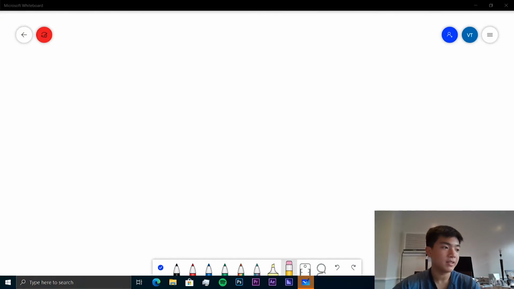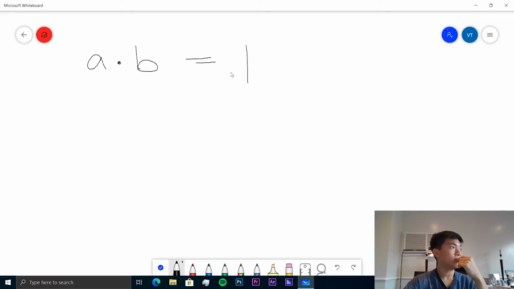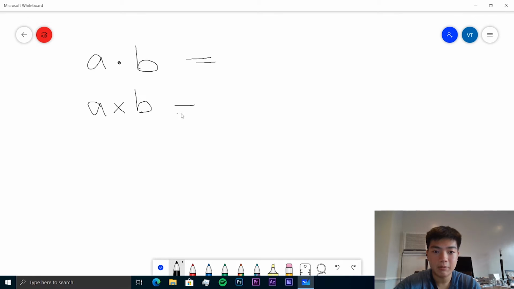So what is the vector product? We already covered the scalar product of two vectors, which we denote as A dot B, or the dot product, and this outputs a single number. But the vector product is a bit different, because it actually gives us another vector. So the vector product A times B is equal to the new vector, and let's write that out. This is equal to A2B3 minus A3B2,